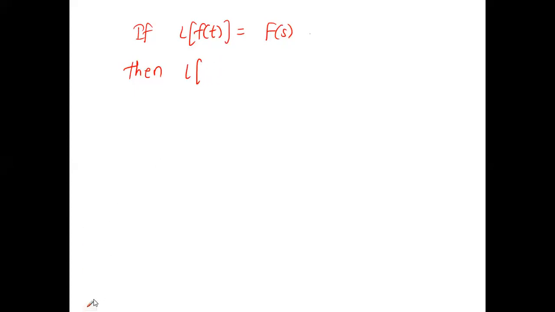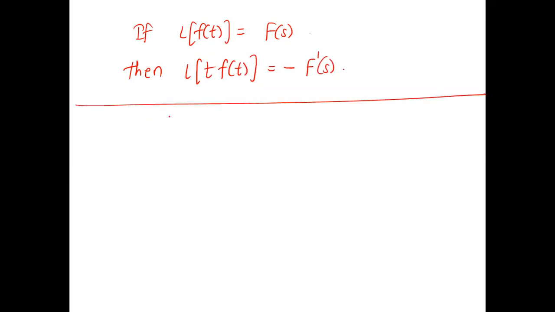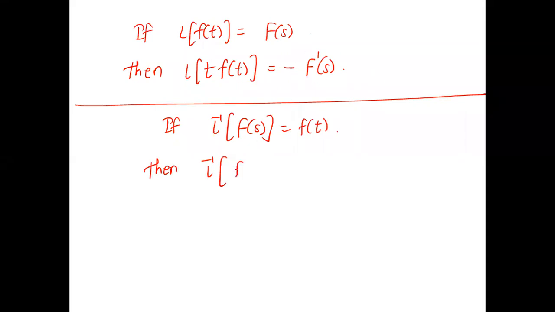So Laplace of t f of t is minus the derivative of f of s, I'll call it f dash of s. So we'll now convert it into inverse Laplace. So if Laplace inverse of f of s is f of t, then Laplace inverse of f dash of s,